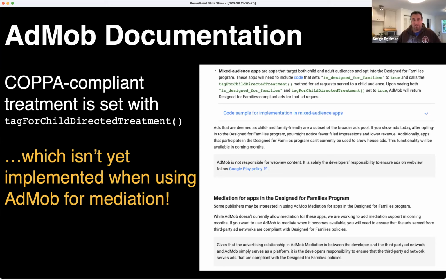Except when you're using it in mediation mode and it's contacting other ad networks, then it just doesn't send that flag. And that's why Facebook was inadvertently using the data for behavioral advertising, despite the fact that the Duolingo developers had called this function, which likely led them to believe that they were in compliance. So you can see why this is pretty messy.